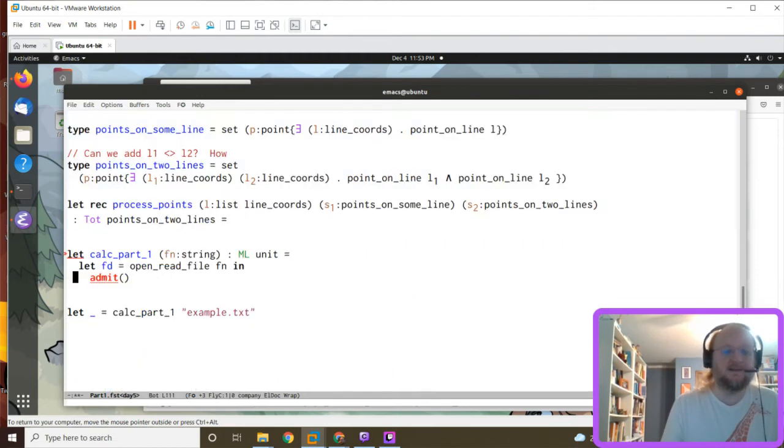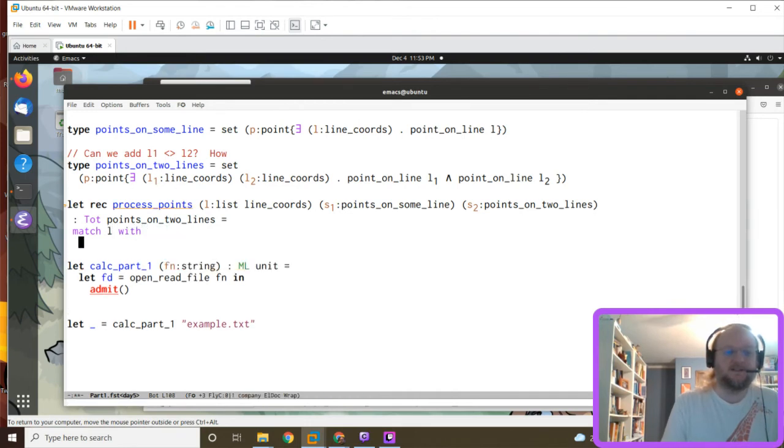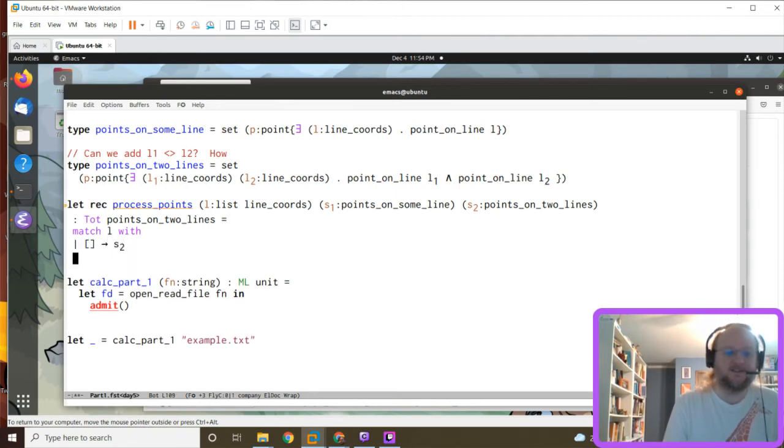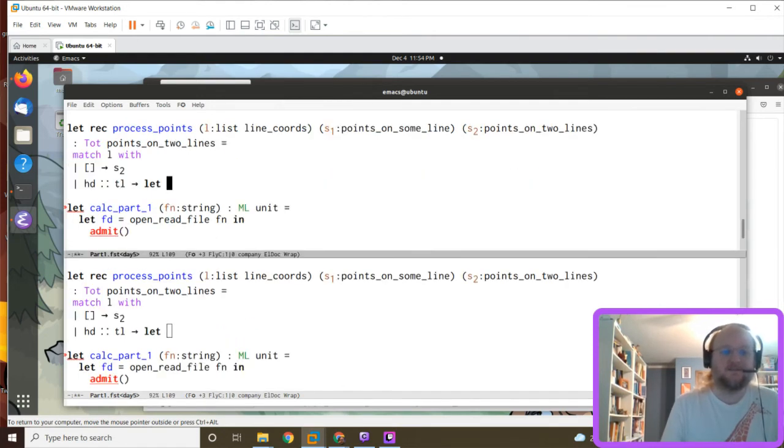All right. Well, let's see how far we get. So it's just simple iteration, recursion over the list. So if we're all done, we return S2. Otherwise, we got to process this point, which we'll do so by